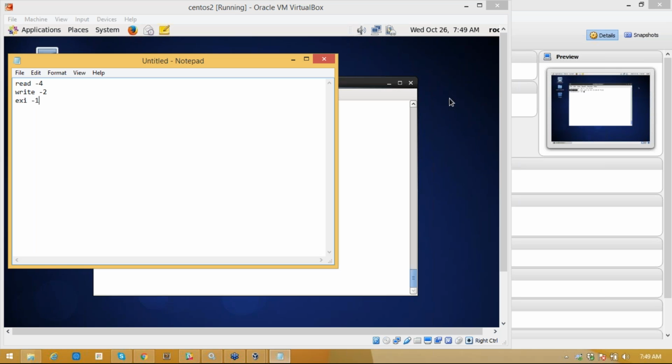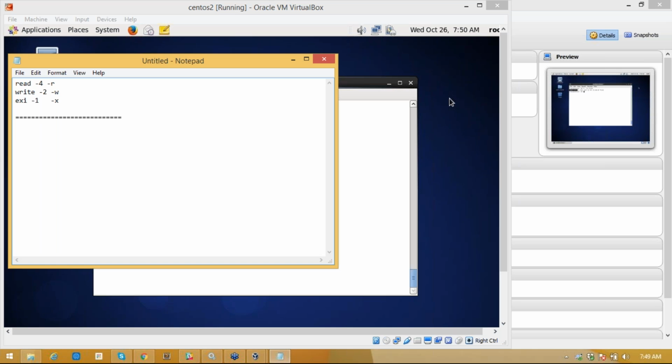You can also represent them as r, w, and x, or else as 4, 2, 1. In whichever way you want to, you can set them. Fine, I have given these permissions.